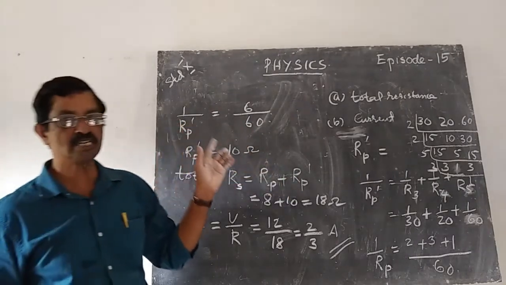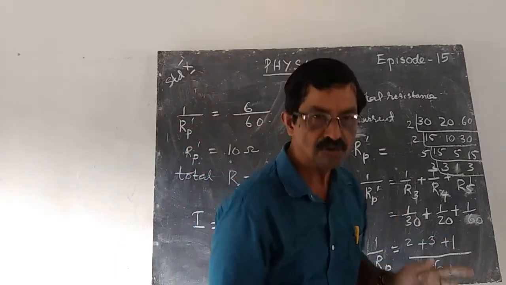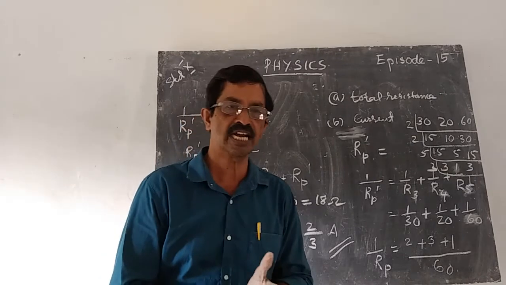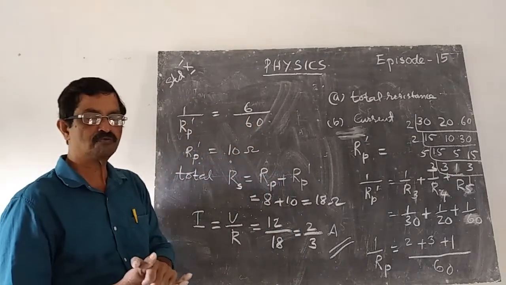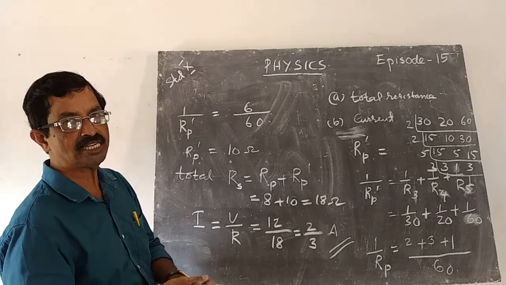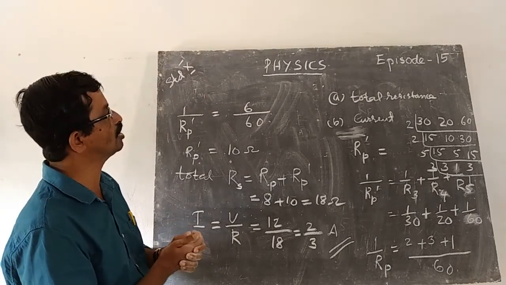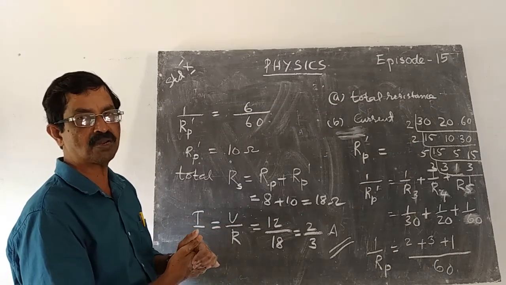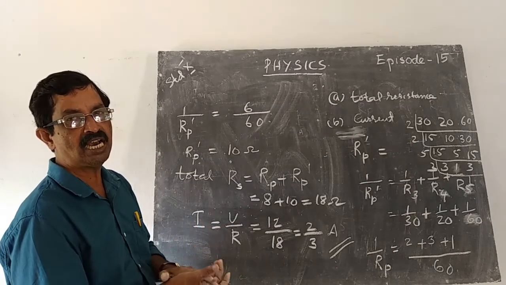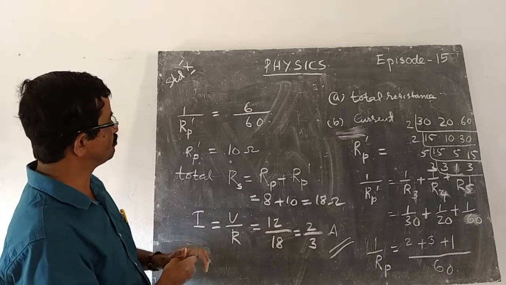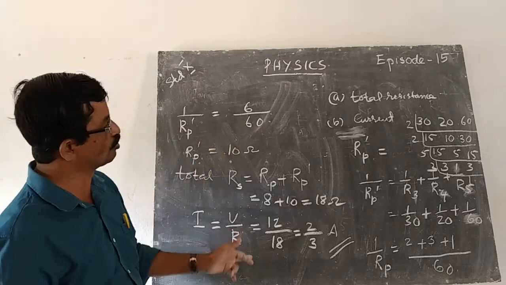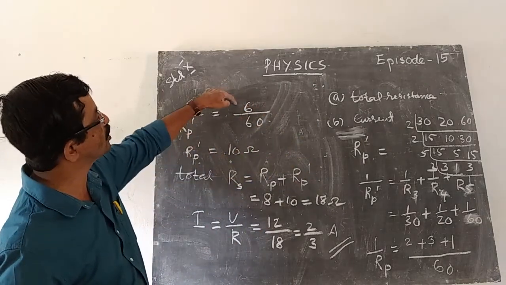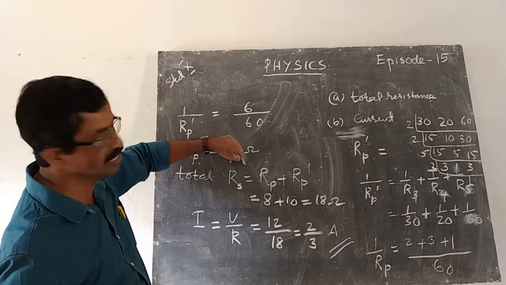Okay. Today we discussed how we can connect resistors in parallel and the relation which we got from it. How can we calculate total resistance in the circuit? What is the relation? 1 by Rp is equal to 1 by R1 plus 1 by R2 plus 1 by R3. And two numerical problems we discussed here, which you want to practice.